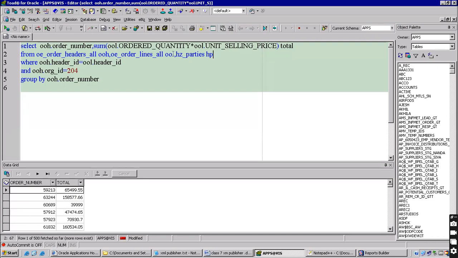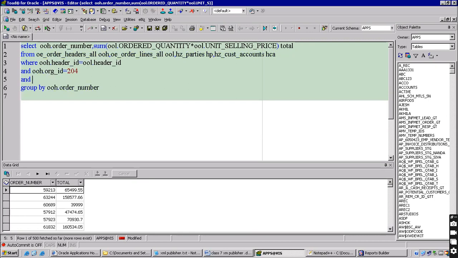There is no relation between HZ_PARTIES and OE_ORDER_HEADERS_ALL, correct? Intermediary, another table I told you. What is the table name? Correct, HZ_CUST_ACCOUNTS. Now, joins, you can easily tell me, we can cover, right? Because we know already HP dot,